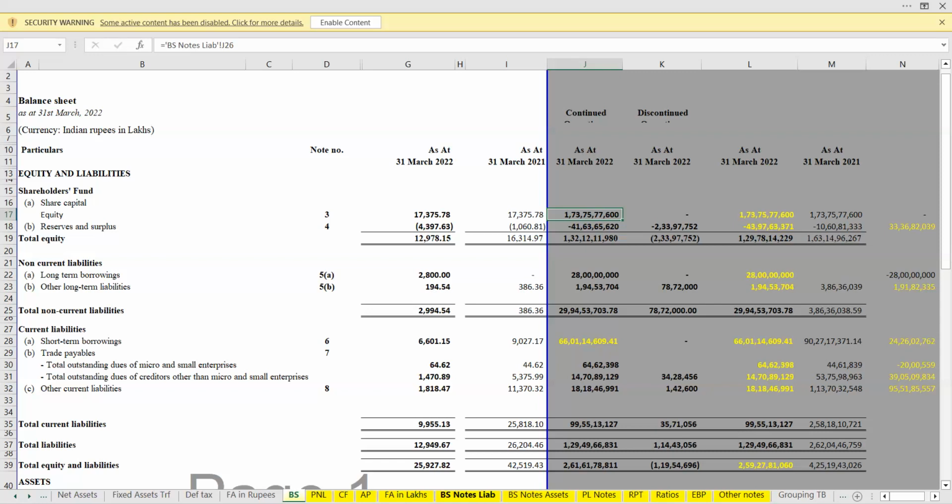Okay, see, balance sheet notes is there. Balance sheet notes, liabilities, balance sheet notes, assets, P&L notes, related party transactions, ratios, other notes, everything is mentioned here. And if you further see, further breakups will be there: cash flow working, ICD, I mean intercorporate